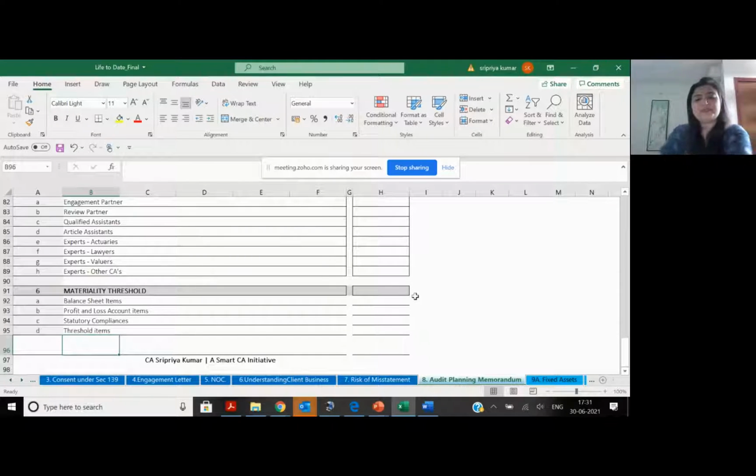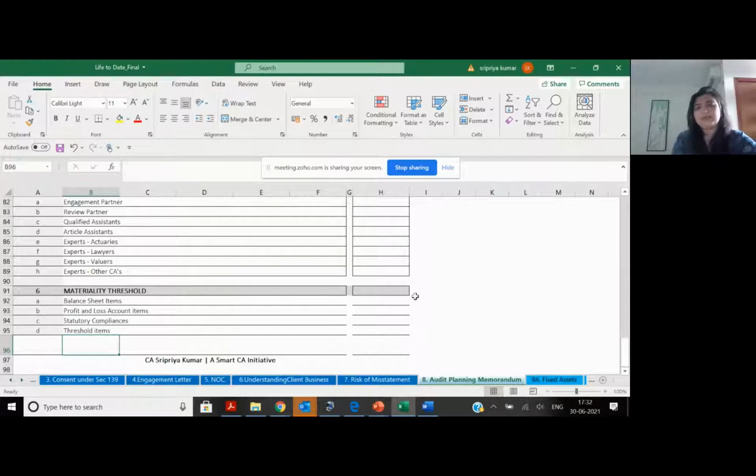Materiality threshold. Again, when I started off, I said an audit is a risk. It's an opinion. Your financial statements must be free from material misstatements. So today, I will tell my office, under 3 lakhs, please don't see anything. That is my materiality threshold. Just record it. Don't pass an entry. I will add everything under 3 lakhs and finally see the total amount. If that is also coming to only 10, 12 lakhs, I might decide not to pass the entry this year. I'll pass it in the next year itself.